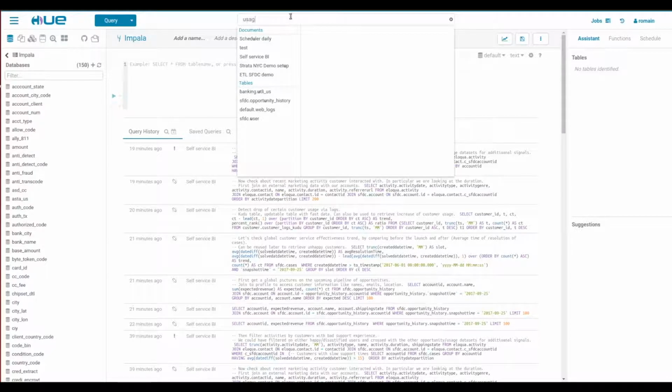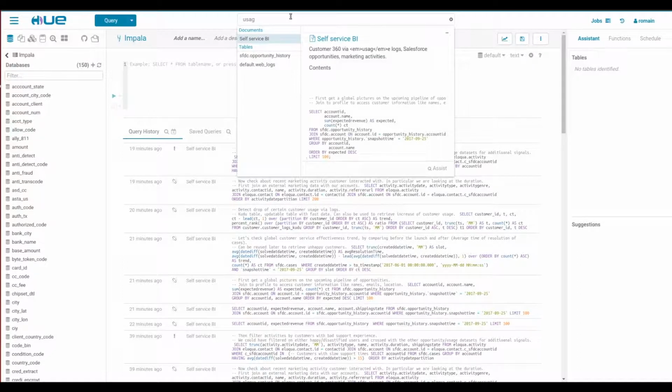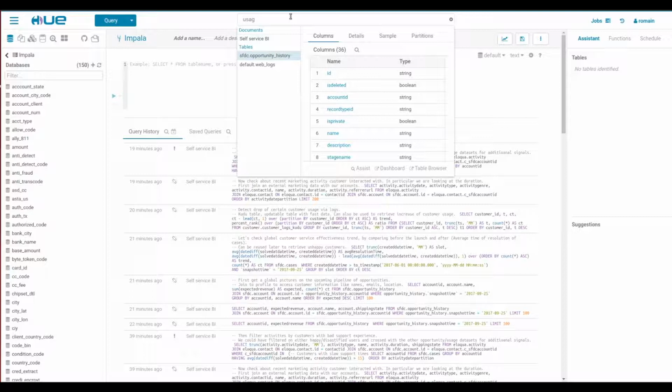To search quickly through all this large amount of data, I'm using the top search, and we are demoing that we can do a free text search, and it's matching on tags. So a data steward or an end user already tagged my data sets. Here I'm looking at all my usage tables matching the data sets.